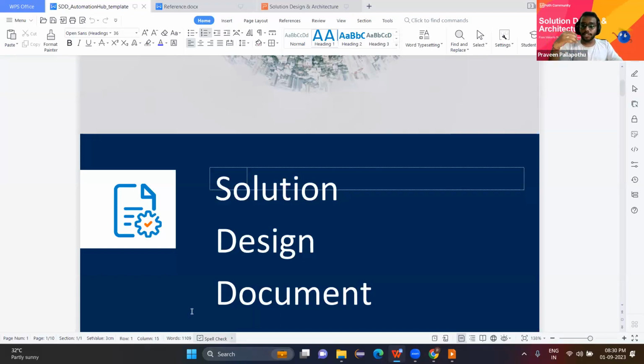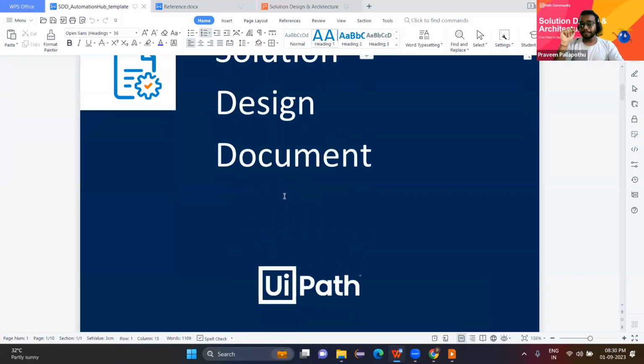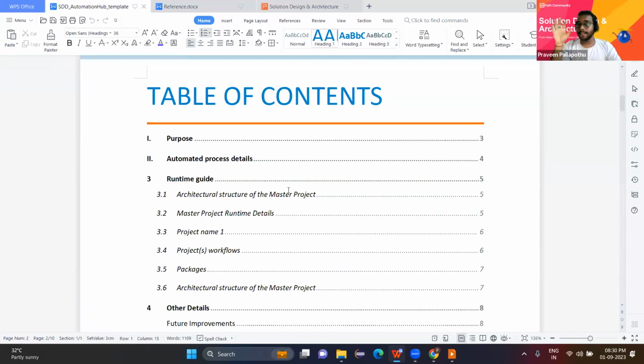Okay, so just to make a standard approach across all of the audience, I'm using Automation Hub, which covers the most common things. I understand people who use different templates might have different components, but this will cover most of the common ground across all organizations. Okay, so the first thing